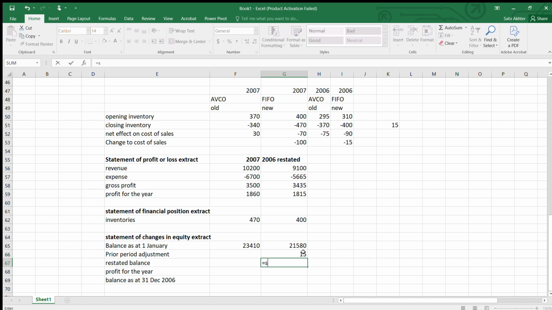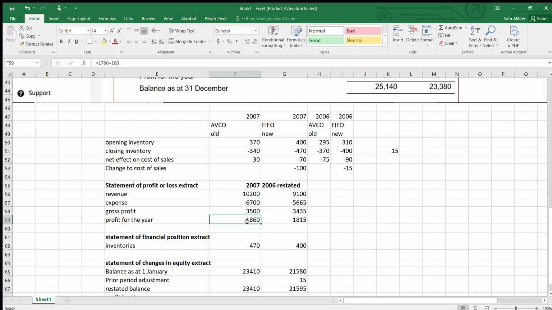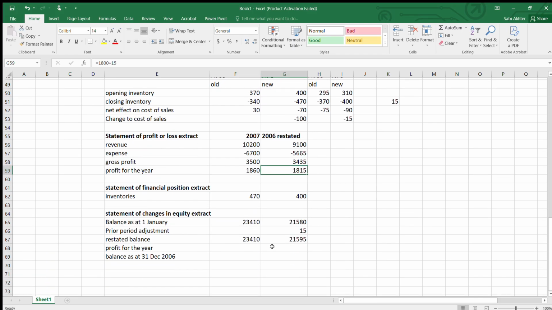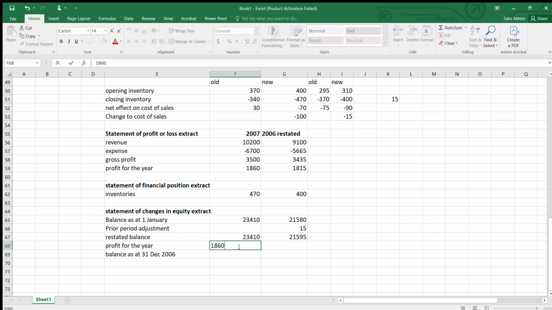So your restated balance would be the sum function of these two. It is this and profit for the year. And here also, sum function. Your profit for the year is your profit that you have got here. One is 60 and one is 15. So 1860, 1815, and use the sum function and get the balance. So from restated balance, add the profit and do the same thing here. Okay,